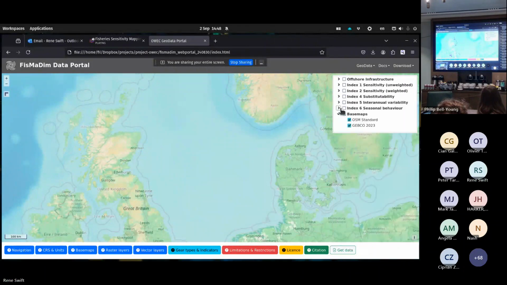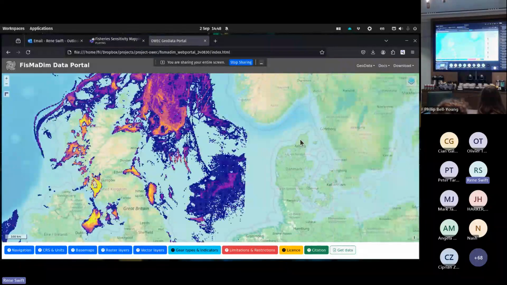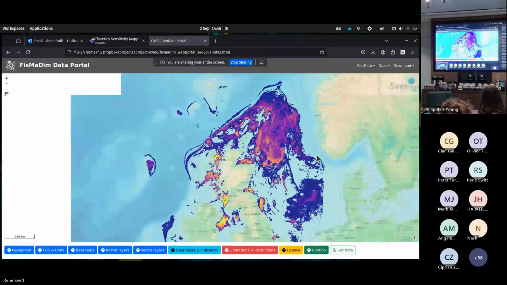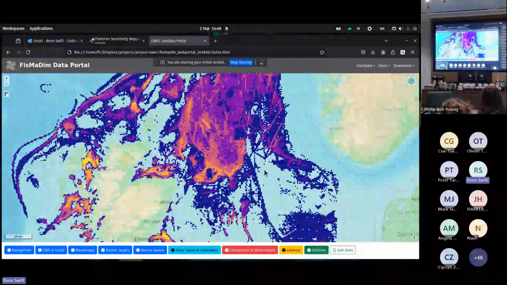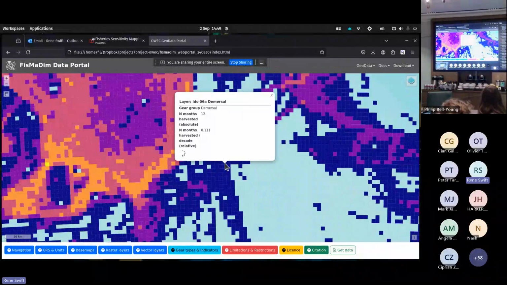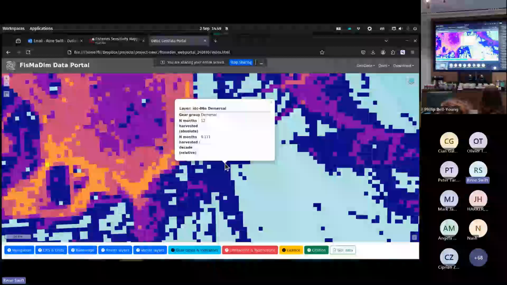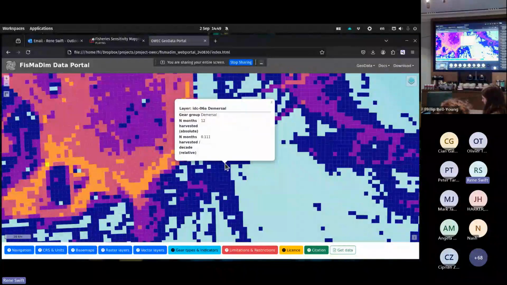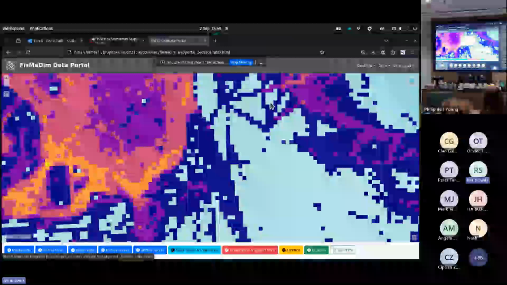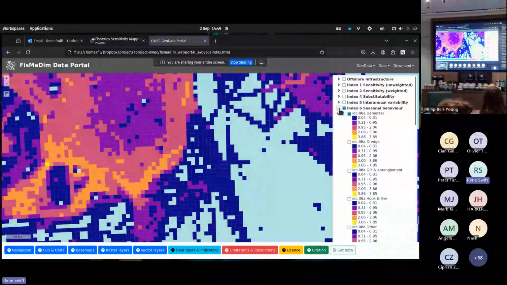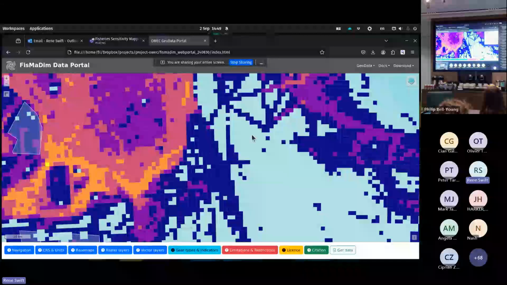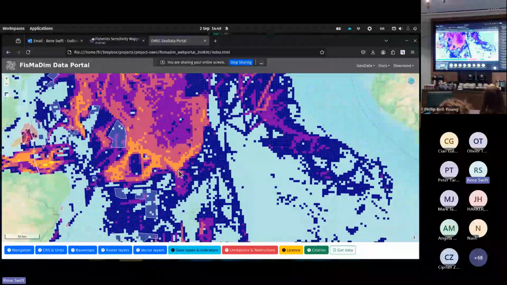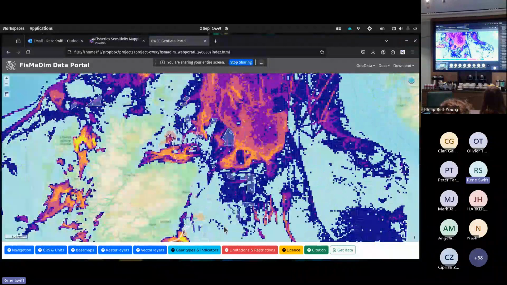I'm just going to give you some examples. If I have a layer selected, I can zoom into a particular layer and click on one of the grid cells, and it's going to give me some information about that particular grid cell for that particular fishery and for that particular index. If I choose to overlay the different wind farm infrastructure on top of those layers, as you can see, they've been highlighted here.